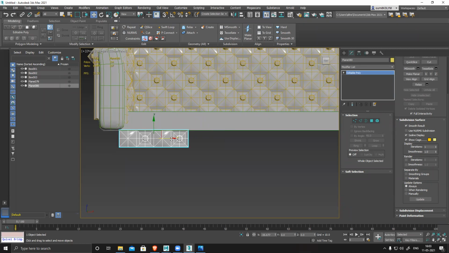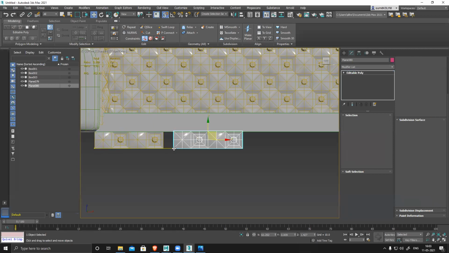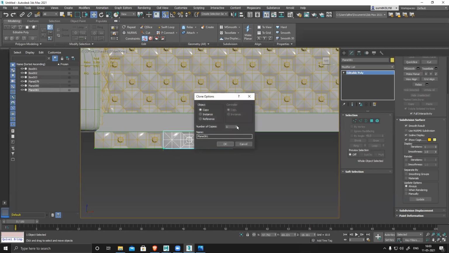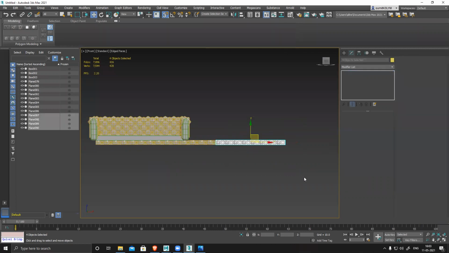From this point starting, now we can just switch on our vertex and again we can duplicate this thing. Ten times is too much.